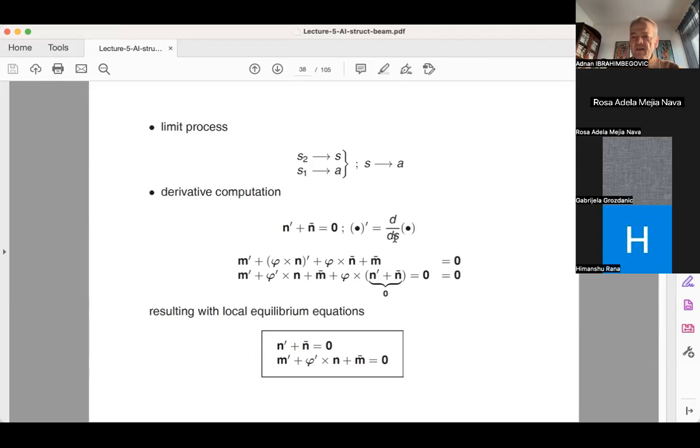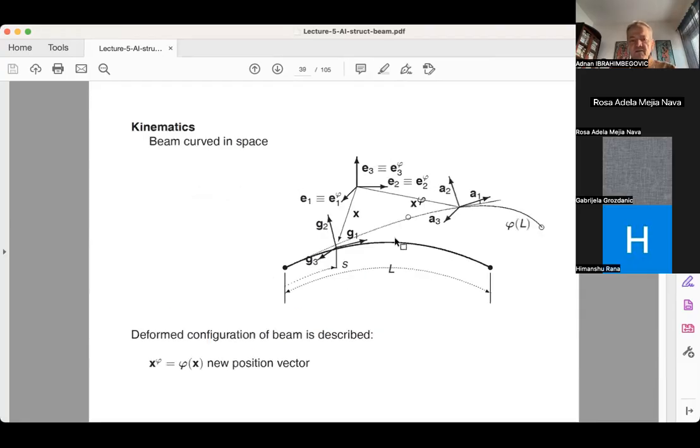So the Jacobian ds d xi, xi being the natural coordinate, is simply the square root of dx d xi squared plus dy d xi squared plus dz d xi squared, where x, y, and z are the components of the particular position vector. And then you take the square root of these things and you get your Jacobian. So then it's very easy to go from one space to another. So basically, after we understood how to build the equilibrium equation, the question is raised how actually to get the